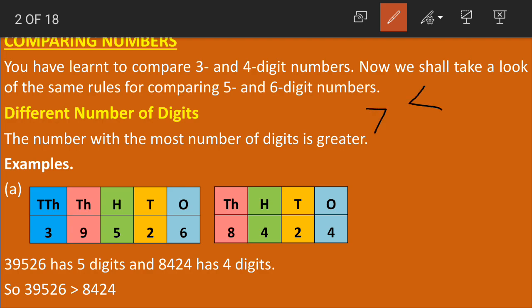Again, I gave you the example of 3 chocolates and then 4 chocolates. If I place 3 chocolates on one side and 4 chocolates on the other side, what will you do? Which chocolates will you eat? Yes, you will obviously eat 4 chocolates, because we always want more in number.